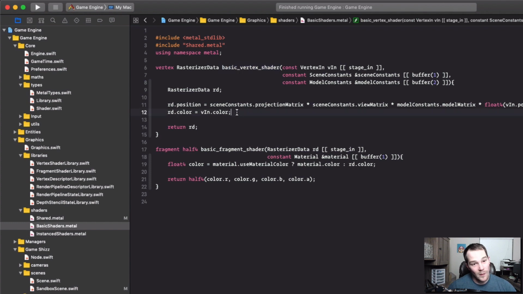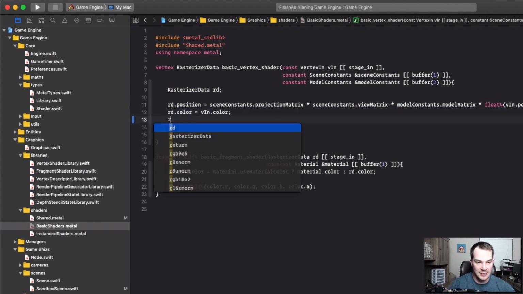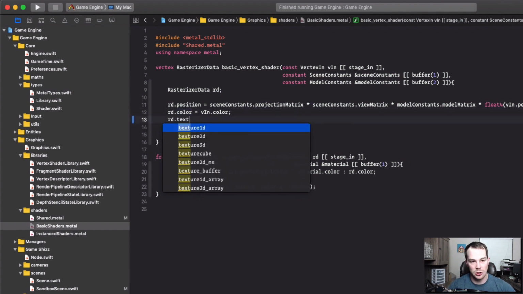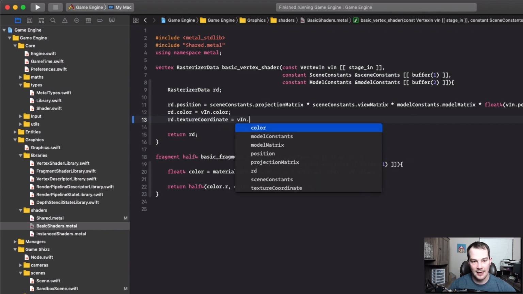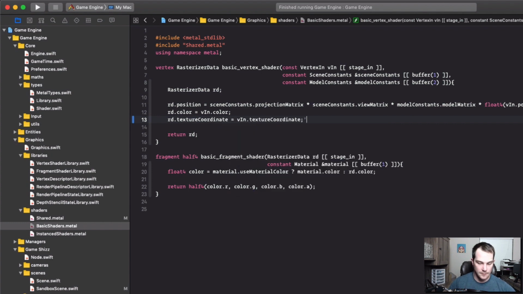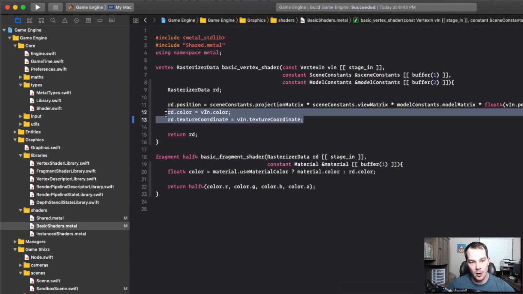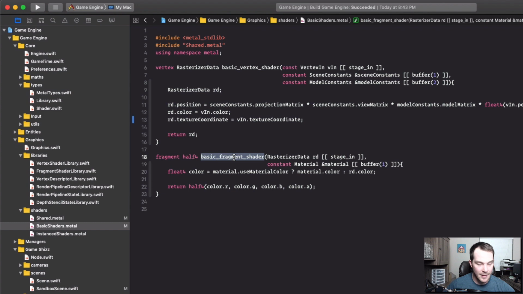Inside here, we're sending our position and our color from here onto our fragment shader. We also need to send our new texture coordinate, equals vin.textureCoordinate. See that? Easy peasy. Now our texture coordinate is going on into our fragment shader, and we'll come back to that in just a little bit. So now that we have our GPU all set up, we're sending texture coordinates on,